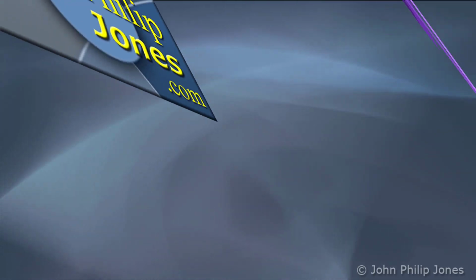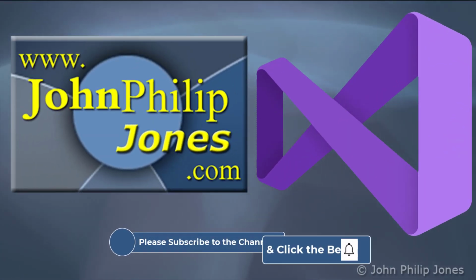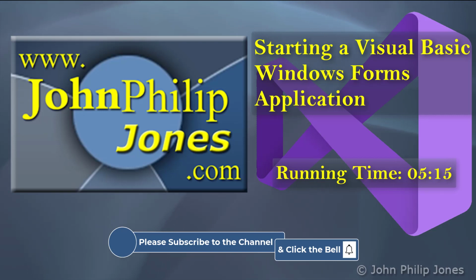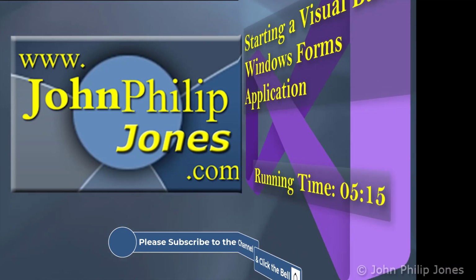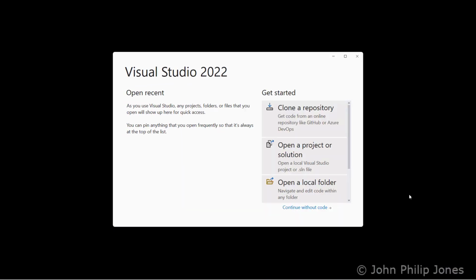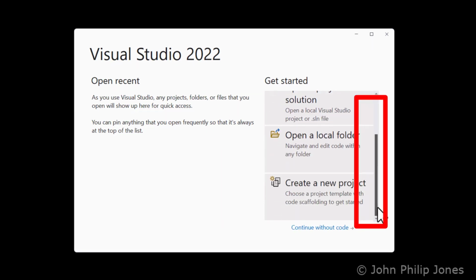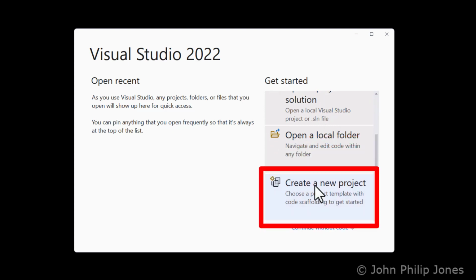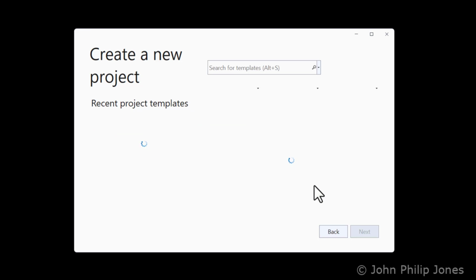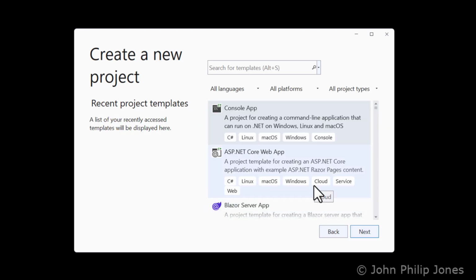In this video, I'll show you the steps for creating a Visual Basic Windows application. When you launch Visual Studio, you'll be presented with this dialog box. It's a case of coming to this scroll bar, scrolling down, and here you'll see Create a New Project. Click on that, and now you will be presented with a different dialog box which says here Create a New